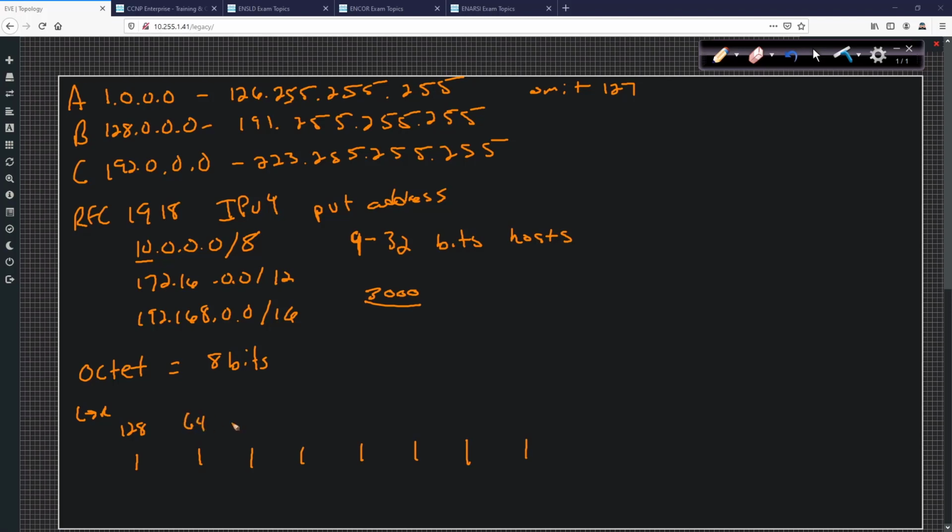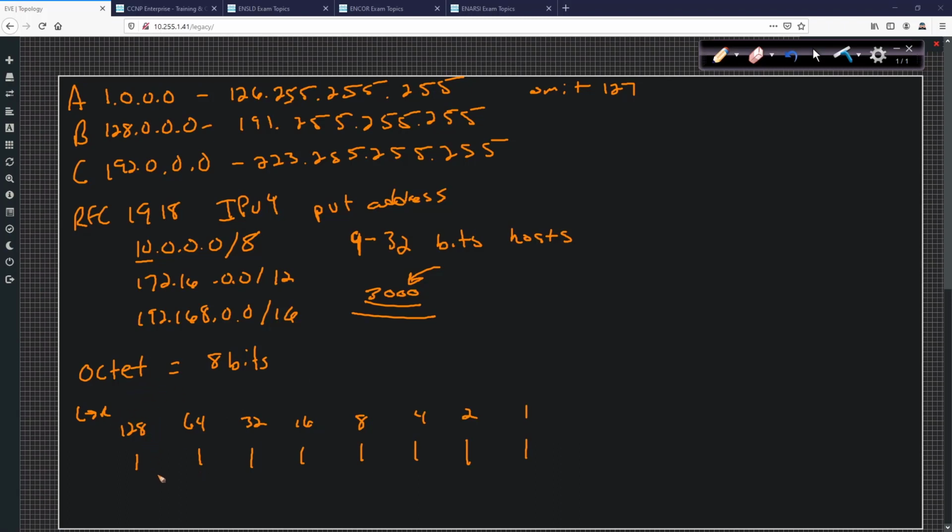So 64, 32, 16, 8, 4, 2, 1, right? Well, when you have it set up this way, what you do depends on how the architecture is set up. So for example, in this case here, you can't really figure this out right now because you have to understand how this plays into it first. I'll talk about this specifically in just a few minutes because that'll help tie it back together as to how these bit ranges work. But in order to understand the octet, we have to understand how the bits are ordered